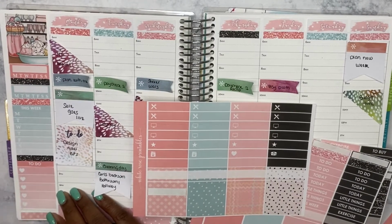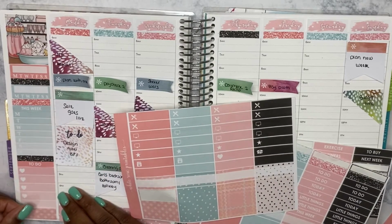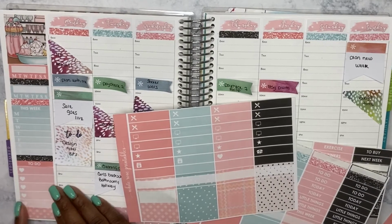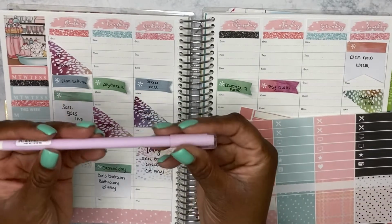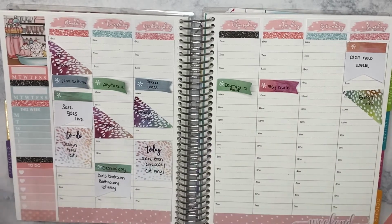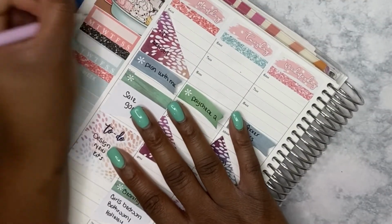Let me see if I have this and it will fit. I feel like it would, but it probably will look too cramped. I guess that's fine. It is my planner, by the way. I am using my skinny gel pen, which I know y'all know that I love. And we're gonna get into the day by day. So I would like to track